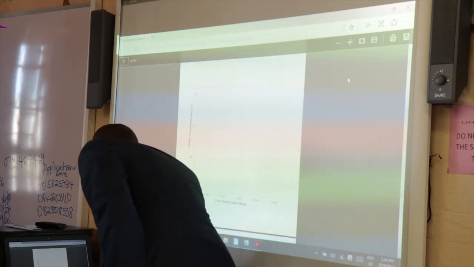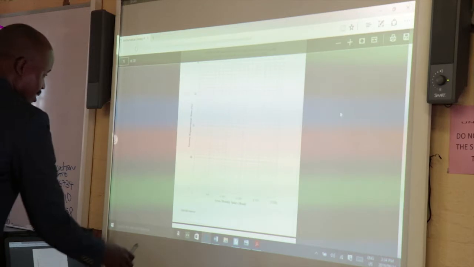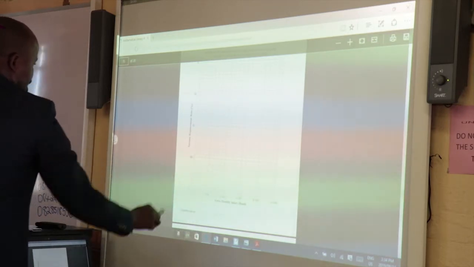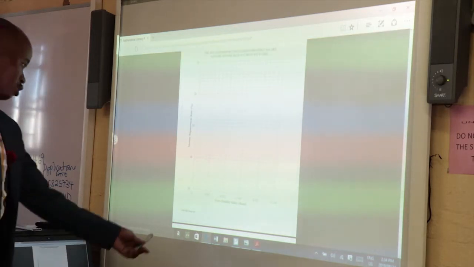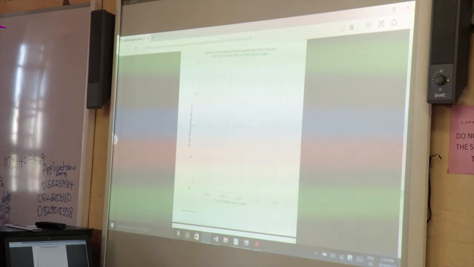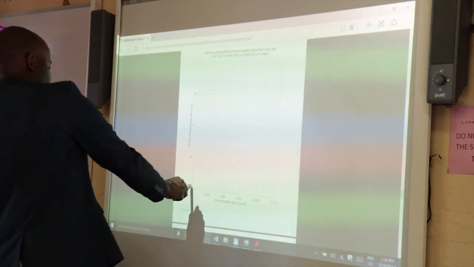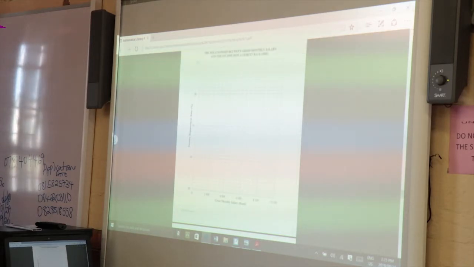This grid that we are given, there are small lines, right? Between 30 and 40, we've got 10 spaces, which means each space is 1, because the difference between 30 and 40 is 10, and the intervals, if you count them, are 10. Those who have a hard copy, if you count, you've got 10 spaces, meaning 31, 32, 33, 34, 35, 36, 37, 38, 39, 40. But on your graph, the first point that you have to plot, looking at your question,